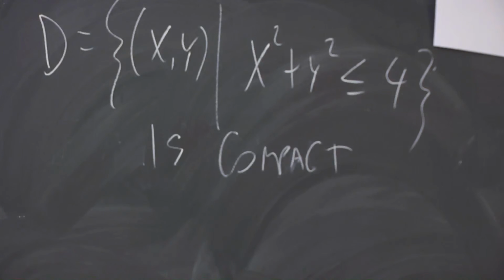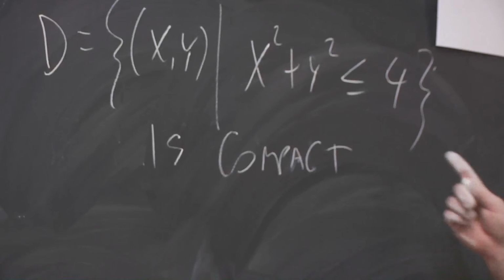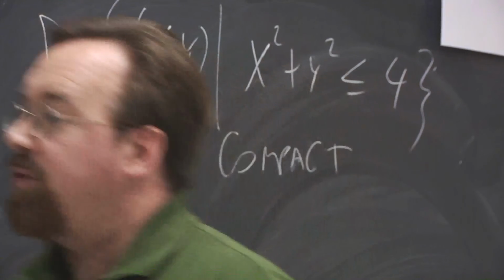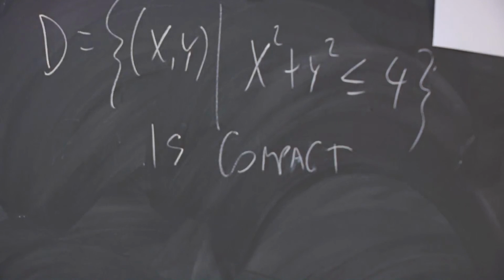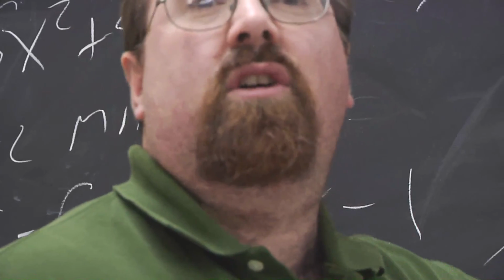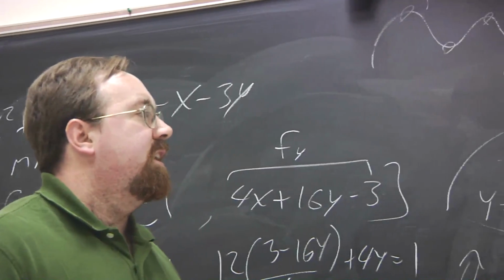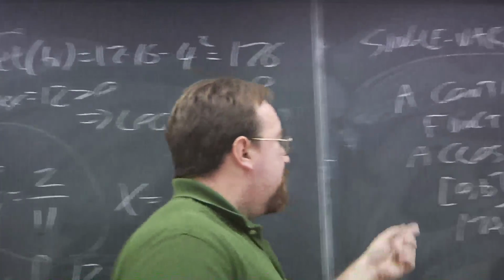So if you have a set like this, a continuous function on a set like this is going to have an absolute maximum and minimum. So what you need to do is, same as before, find critical points, then after you take those into account, you have to look along the boundary and see where the max and min are. And unfortunately, whereas here you only have two endpoints to check,